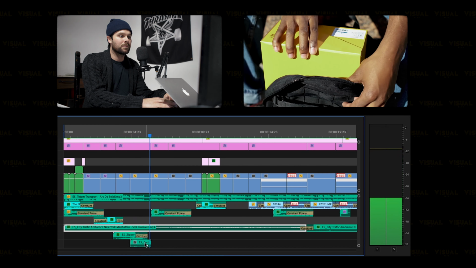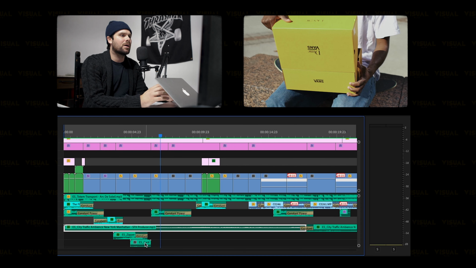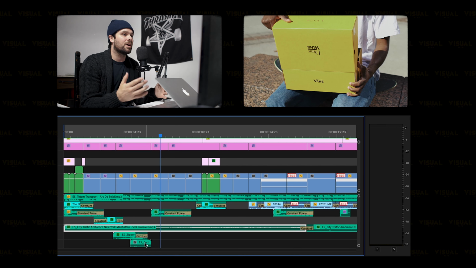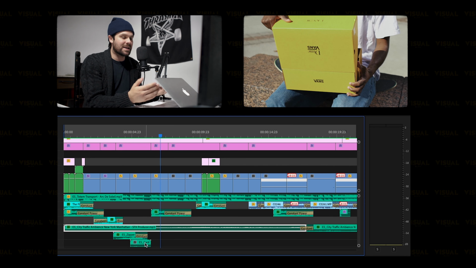So super simple, but it's really about using your imagination and thinking, what sound is going to work with this shot? It's not always going to be as simple as this is a zipper, I'm just going to Google a zipper sound effect. Sometimes it could be someone taking off a jacket, and you can't really search taking off jacket sound effects,